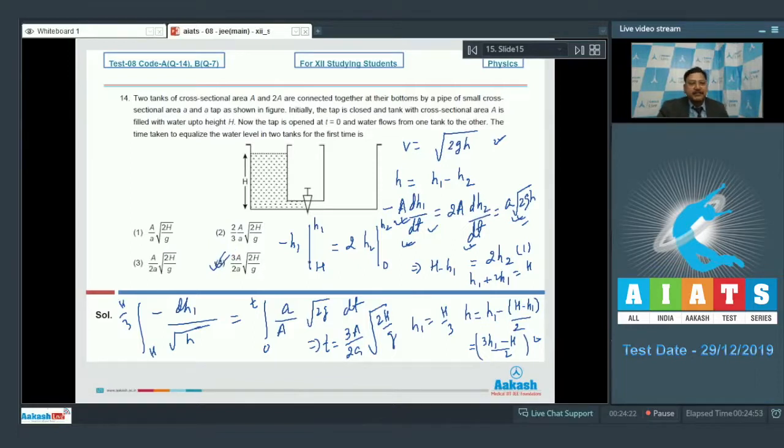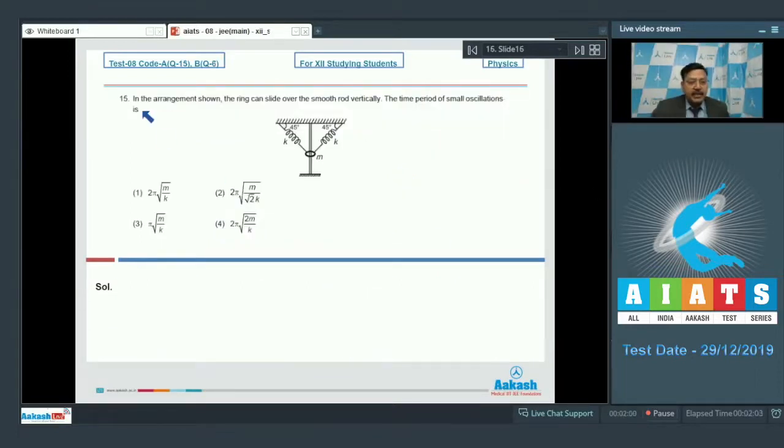Let's go to the next question now. Question 15 says, in the arrangement shown, the ring can slide over the smooth rod vertically. The time period of small oscillations is, and the 4 options are given here, and this is the arrangement that's been shown. Well, obviously the question is from the topic oscillations, and to find the time period, basically our strategy will be to just displace the ring from its mean position by a small distance x, and then look at